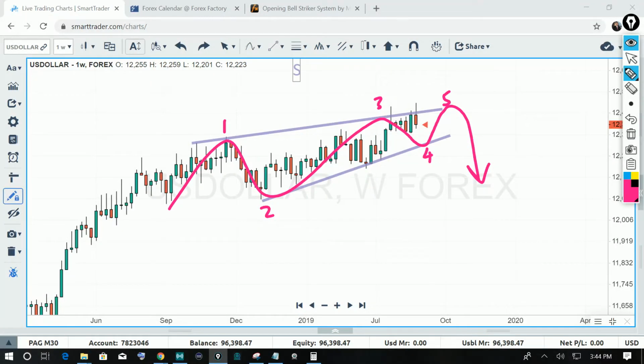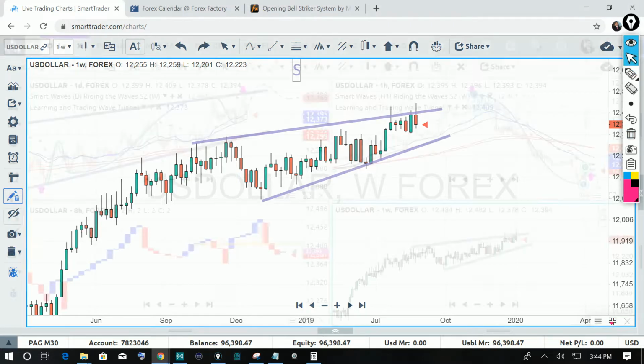I think we're still going to see some sort of range-bound trading, even though it's wedged up a little bit in a rising wedge. I think we're still going to see some stronger dollar over the next few months as we head forward. Again, everything is going to be related to how the jobs come out and, of course, what the central banks do. Now, let's take a look over here. If we break this down now to a lower time frame, I'm going to go to a daily time frame on this.